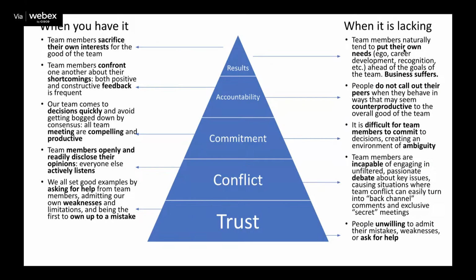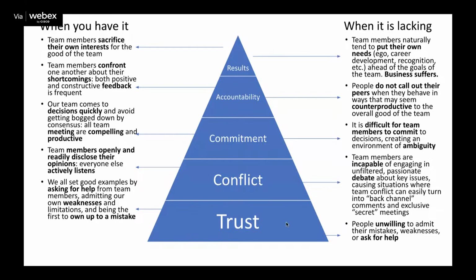I think you've probably seen this in the context of the pyramid on the right side. That's Patrick Lencioni's 5 Dysfunctions of a Team. I don't like calling anything 5 dysfunctions. It's very hard to go into a team and say, hey, we're going to talk about 5 dysfunctions of a team. So I created this balance on the left to say, when you've got it, here's what things look like. When it's lacking, here's what things look like. And then I do retrospectives where we ask people to figure out where we are on this spectrum from left to right.